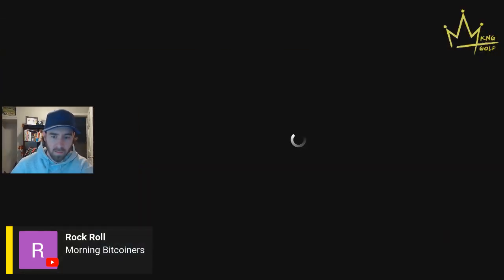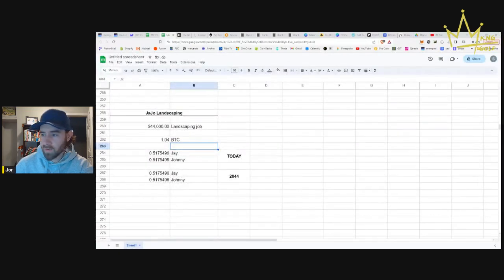So I've got a little scenario. I think that's the best way to do things. I had a little chart here, but it wasn't very useful. So we have a real life scenario: a landscaping company called Jajo Landscaping. They did a $44,000 US landscaping job. Nice full putting green, full backyard pool. No, maybe not a pool. $44,000 might not get you too far nowadays. But for that, they earned approximately 1.04 Bitcoin.